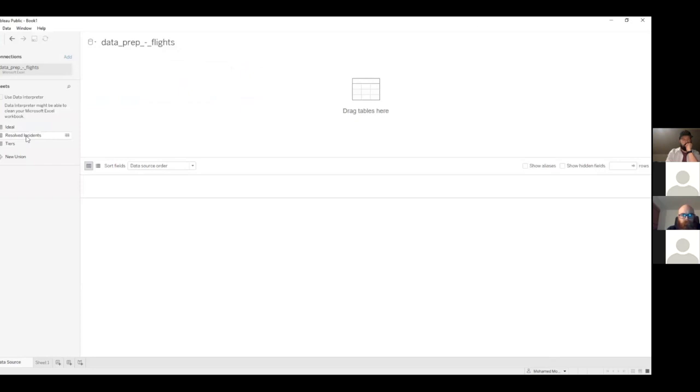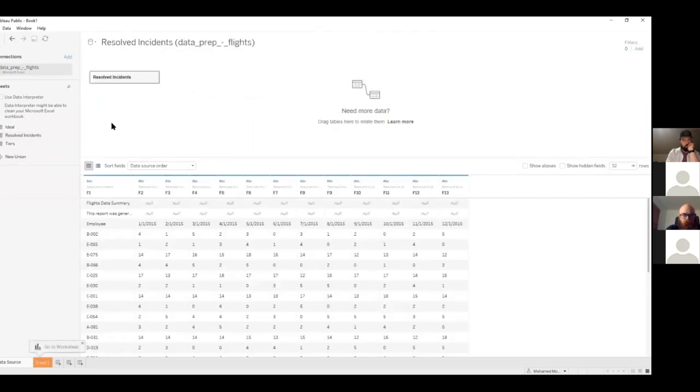some resolved incidents for the support team. We have here these 3 sheets. I just want to show you this sheet, for example. So I just opened an Excel file with 3 sheets. You can see here that Tableau read the sheet as it is in